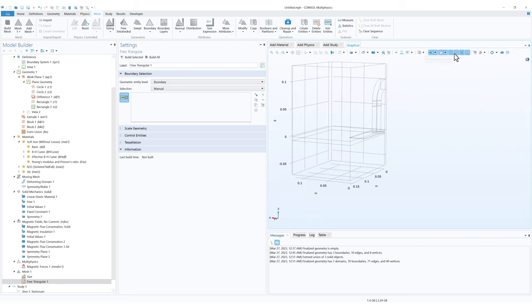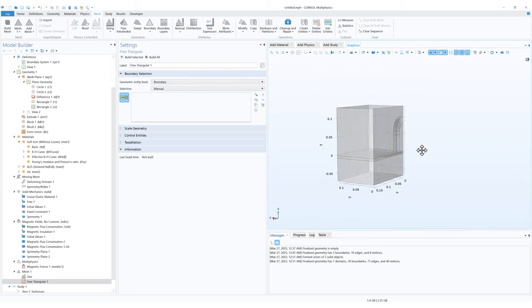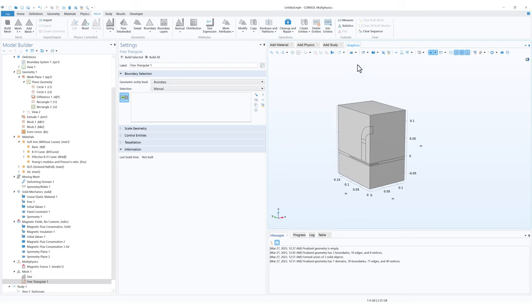One thing that can be done is that I can hide the surface, right? So if I click and hide and select the surface here,